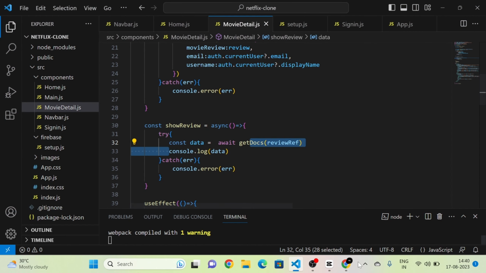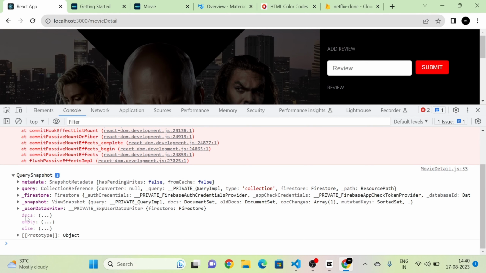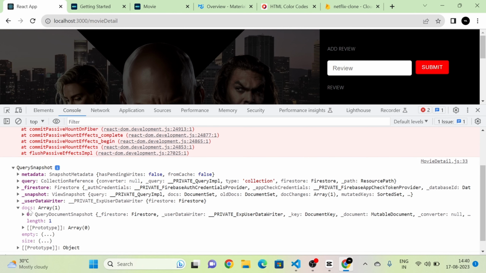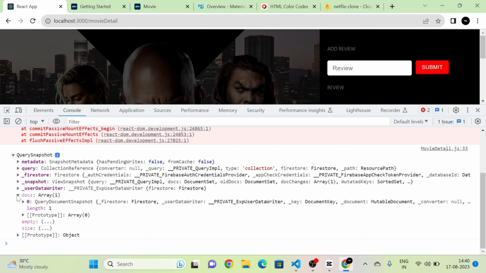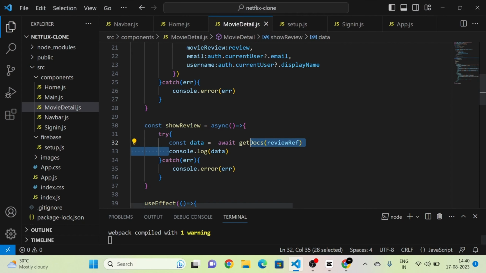We can see that here there is the docs. The data that we need is included in this docs section, but that is not in a form which we can directly use. So I'm going to define another variable that is filteredData